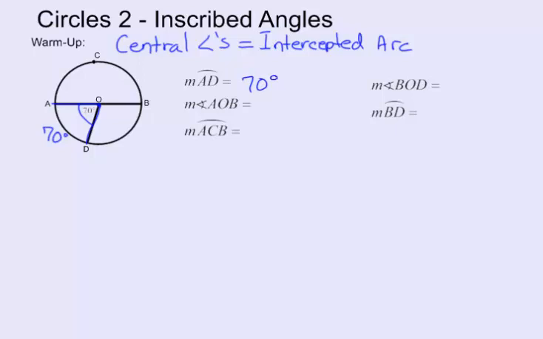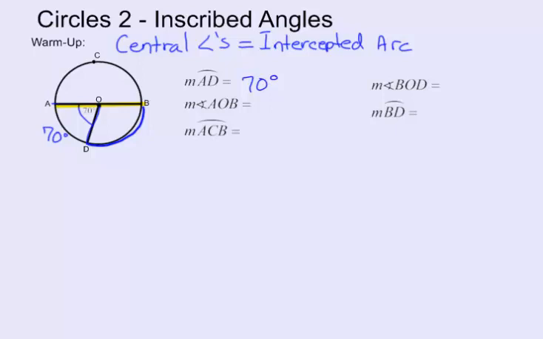Now we look, and what else do we know? Well, we see that we have a diameter here. I'm just going to use our highlighter here and note that this is a diameter, and a diameter cuts a circle in half, and therefore we can tell that arc BD and arc AD are going to add up to 180 degrees. So we would write the measure